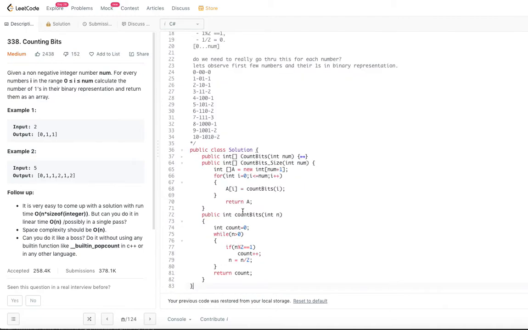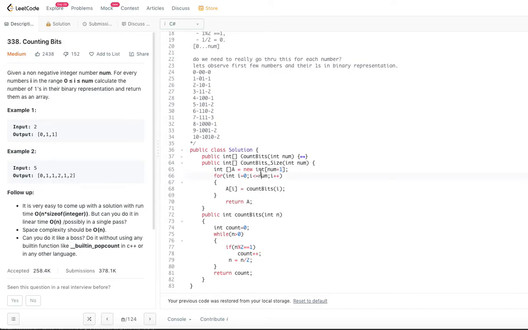What we are saying is we have an integer number that we are passed, and we have declared an array of length num plus 1, because if the input is 5, the output has 6 elements, since it includes 0 as well.